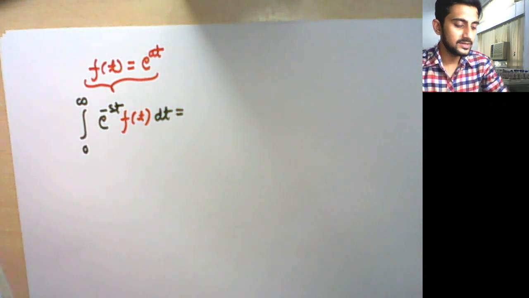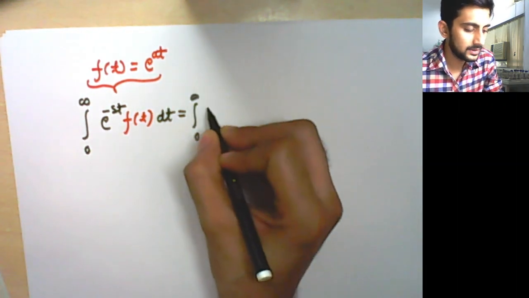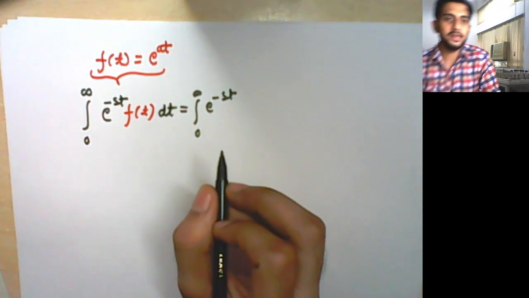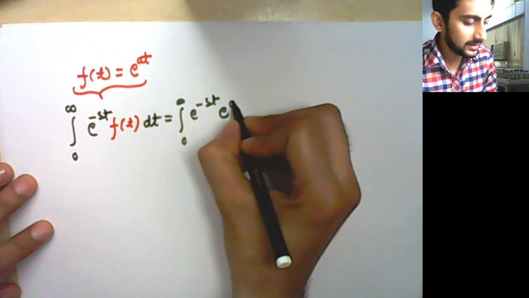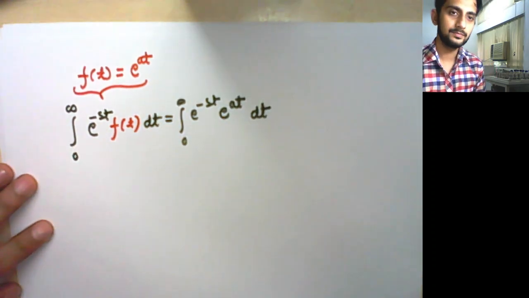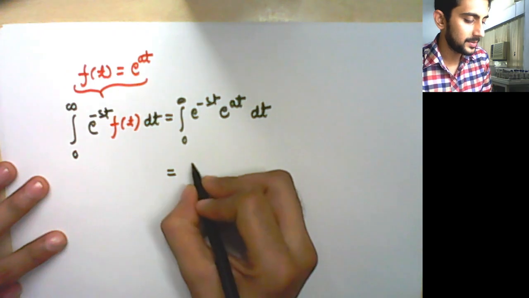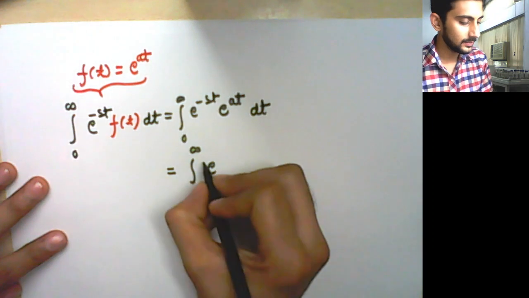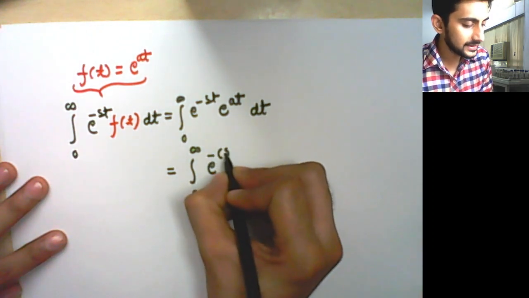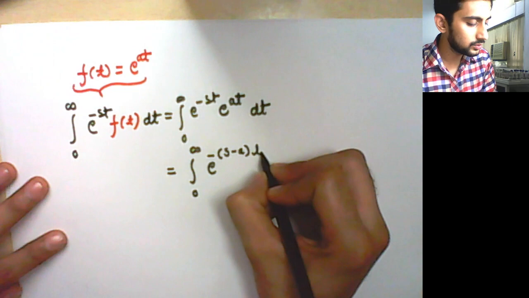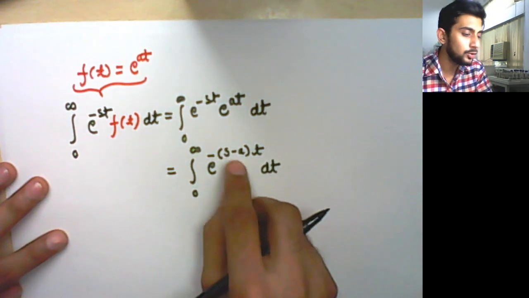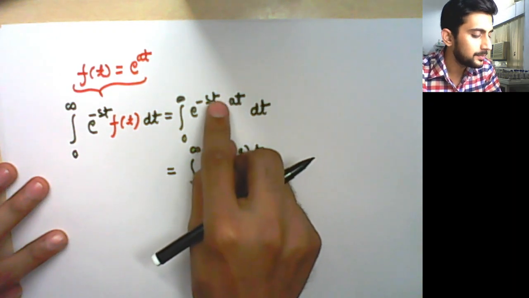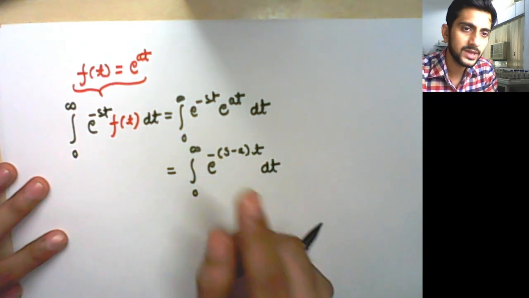So in our case we just have to do this: 0 to infinity e to the power minus st. In place of f(t), what do I have to write now? I just have to write e to the power at dt. That's it. Now I can write, using properties of the exponential function, 0 to infinity e to the power minus of (s minus a) into t dt. I hope you all will agree, because there is a positive a over there. In order to make it positive a, I can take the negative sign common outside, and that's fine.